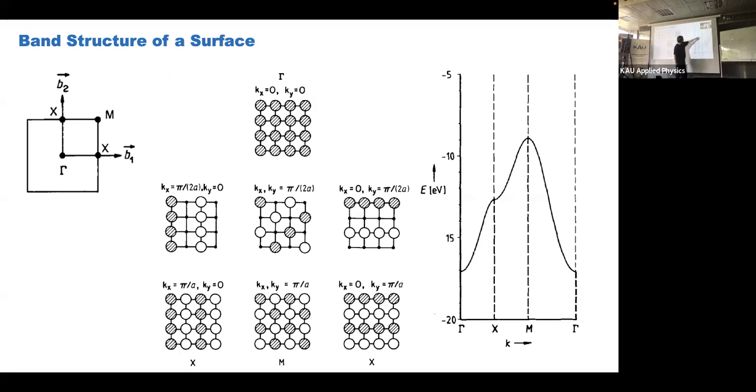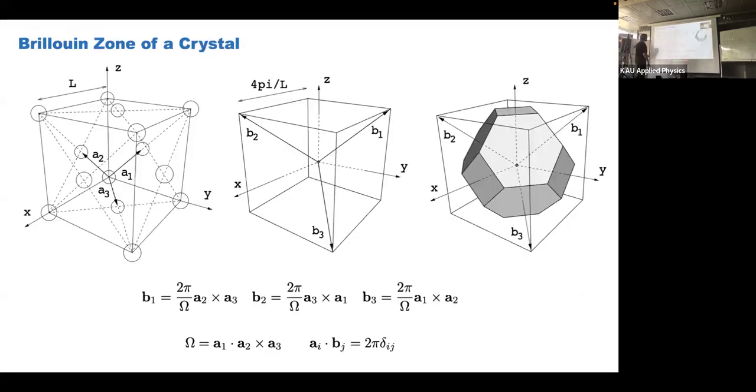So just take the parabolas, and then from M to gamma, we moved in this path. We also choose, in our seminars, the path for some complex 3D structures like this Brillouin zone for cubic crystal, cubic symmetry. So it will be like this. We can calculate this Brillouin zone